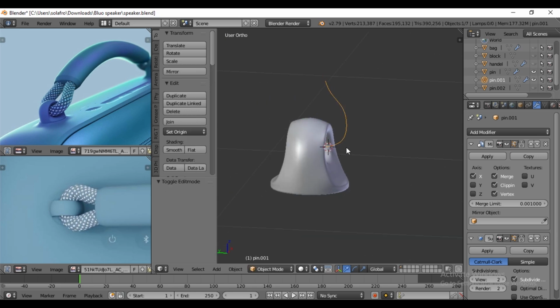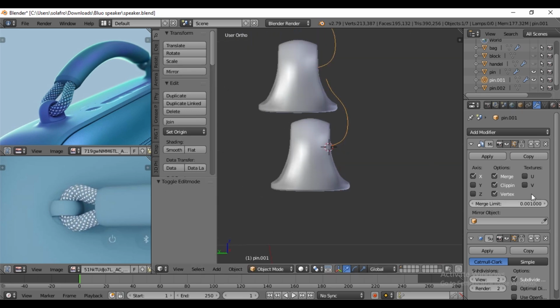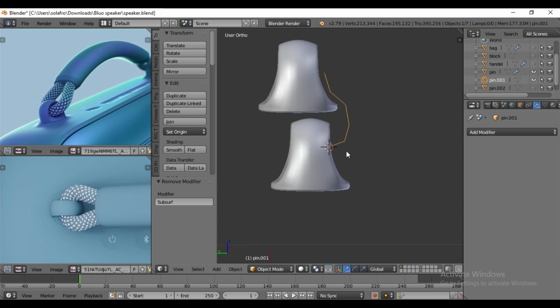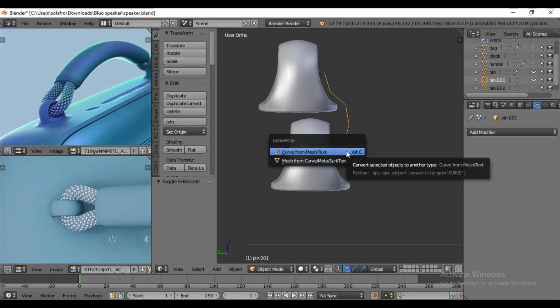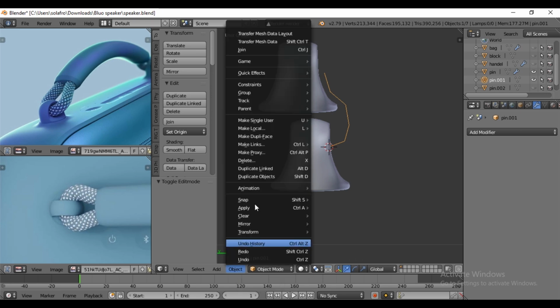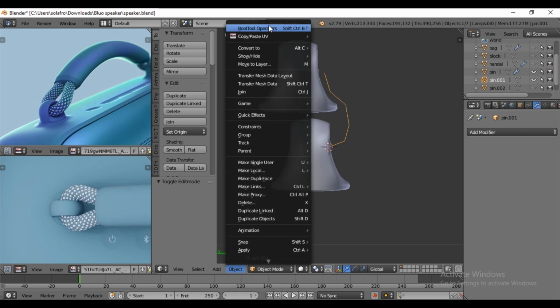Back to object mode. Then remove the mirror and subdivision modifiers for now. By pressing Alt C, turn from mesh to curve. Or go to Object, then choose Convert to turn from mesh to curve.